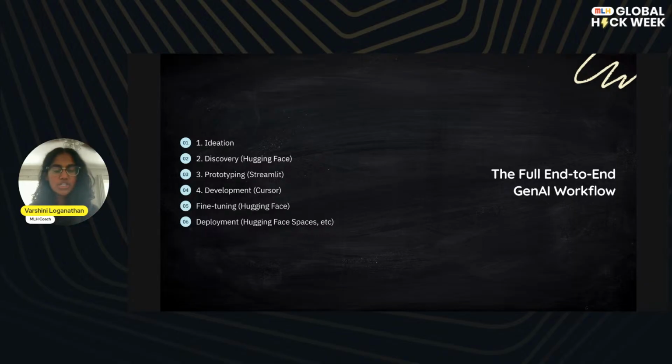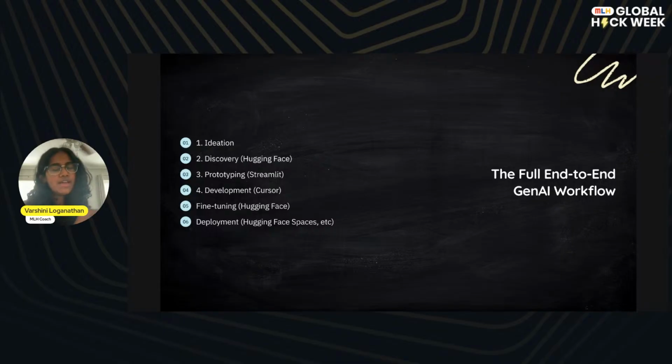But yeah, so once you're at a hackathon, you start with an idea, you use Hugging Face to discover a model, you use Streamlit, you can make that solution super, super quick. And then once you've made sure that your idea is good, you've checked with a couple of other people, would you use it, things like that, you can actually end up using Cursor to build really, really fun,